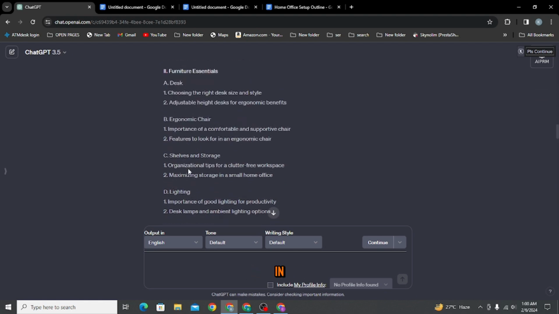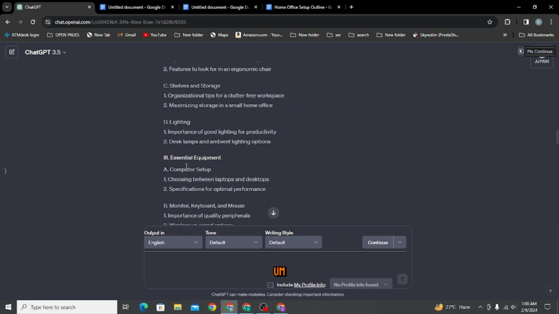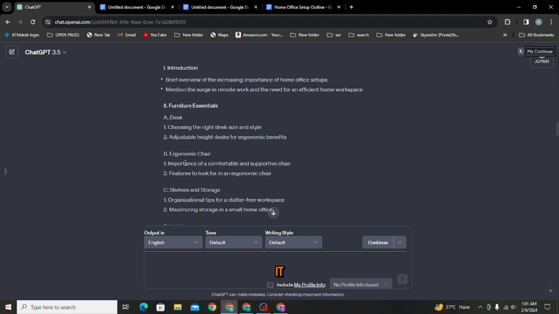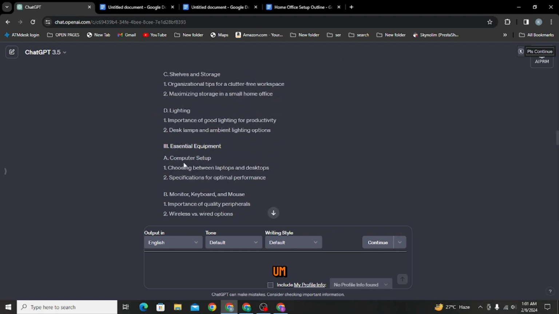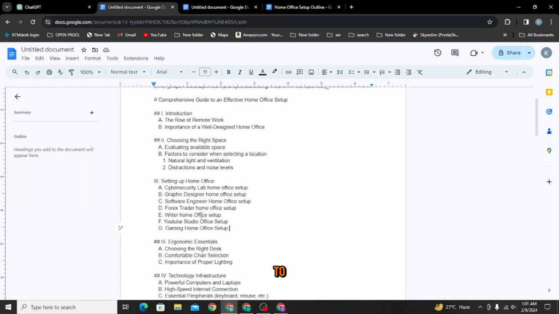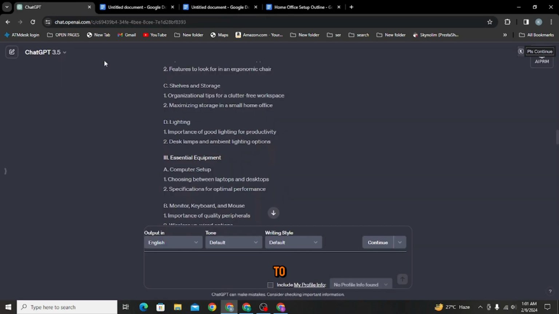Okay, and so in order for you to catch up or know exactly what is in it, I have this also, another outline. So I'll just go through it. As you can see, there are some sections that I can add to this in order to make it rich. When I come to ergonomic essentials, choosing the right desk, comfortable chair selection, importance, you can see that it just gave me only 3. But when I come to the other one,